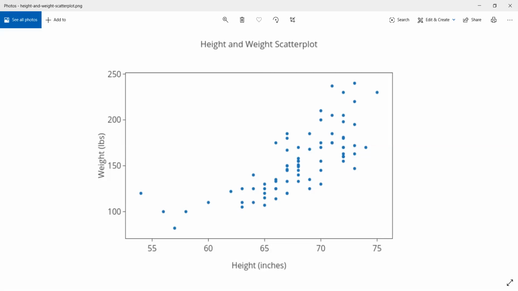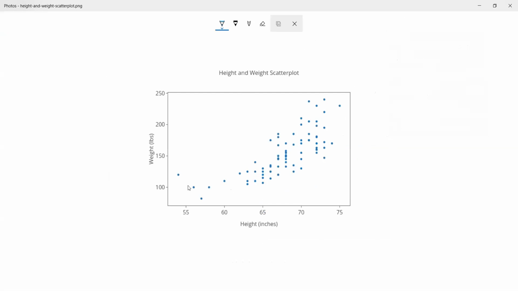And as you keep going higher in height, you can see that the average trend is going up, in the sense that the weight of people generally tends to go up the taller they are. A person who has a height of 75 inches will have a body weight close to 250. There are 3-4 people who are close to 250, versus someone who is at around 55 inches, who has a weight of 100. So from this you can tell that the trend is generally going up like this, but it is a very scattered form. You can get a lot of variance in a single height class with respect to weight.